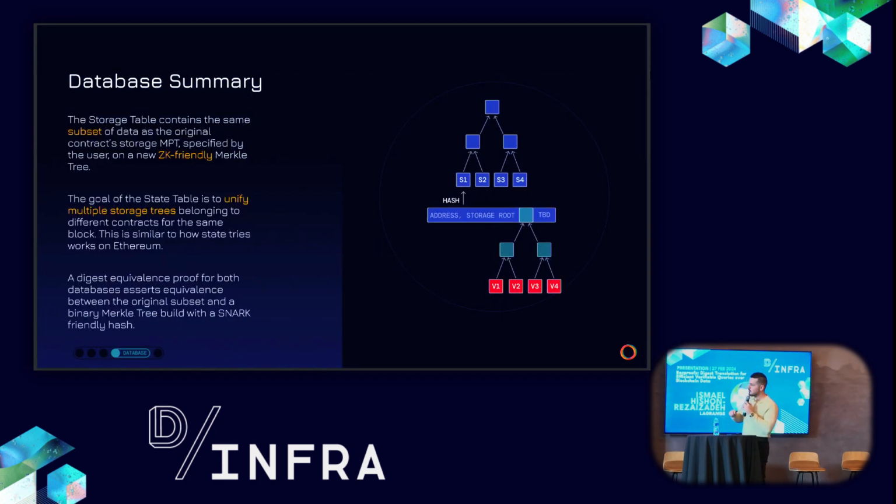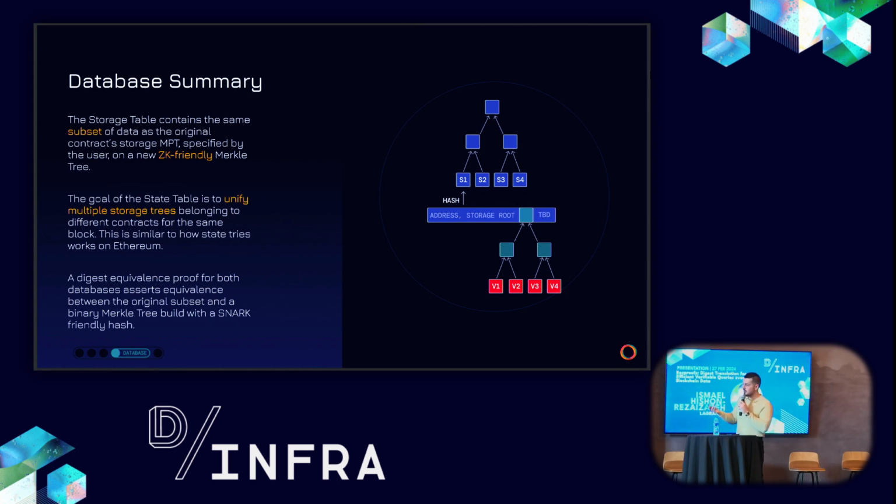And so we're going to quickly summarize the tables that we create in our Reckle DB. The first is what we call our storage table, which is a subset of storage that you want to compute over for a given contract and a given block. This could be, let's say, an NFT mapping. It could be an ERC20 balance mapping. It could be maybe prices across a number of DEXes that you would like to extract out of on-chain state every block